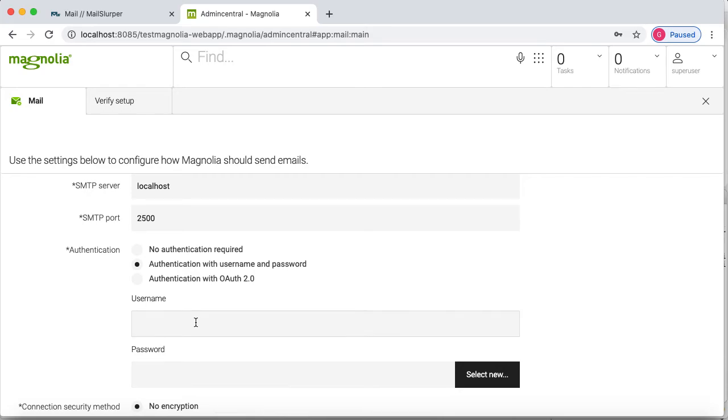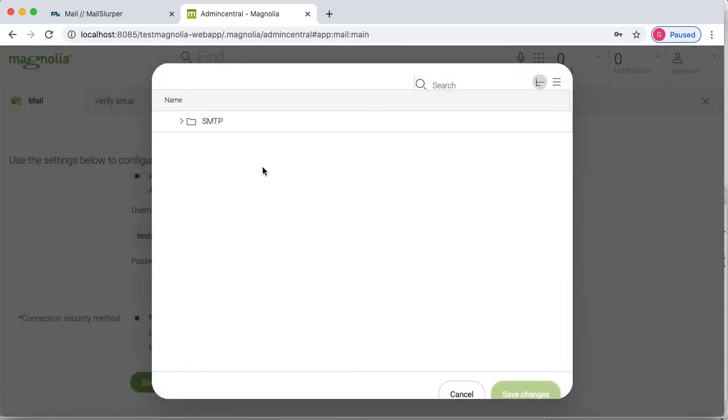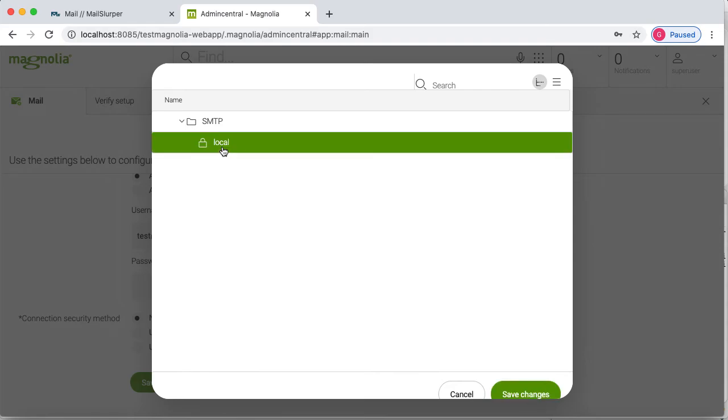I will put the username test@xyz.com. Yeah, and the password I will select from here. You can see here whatever we have created in the password app is showing here, and you can select that local, because we have created a local profile there with a password.